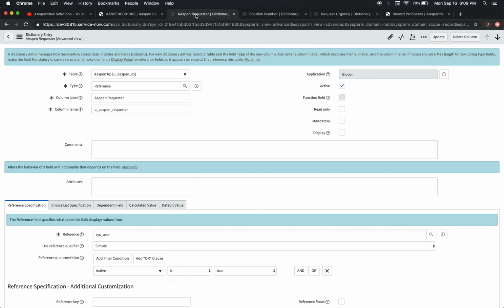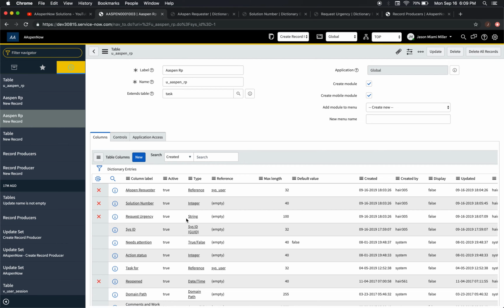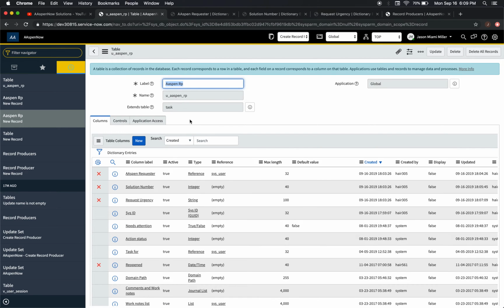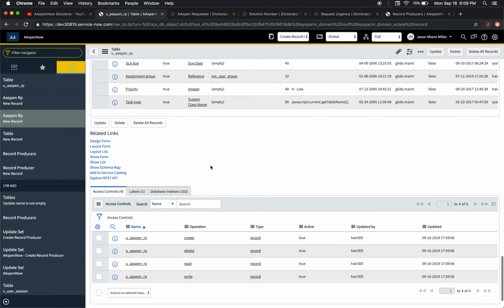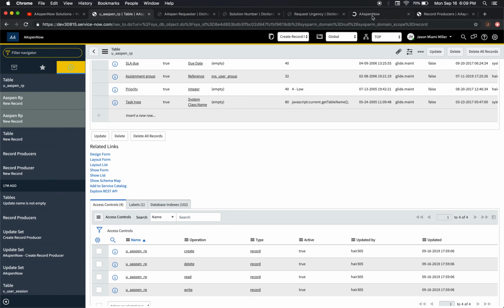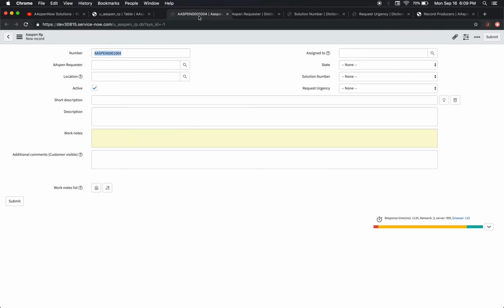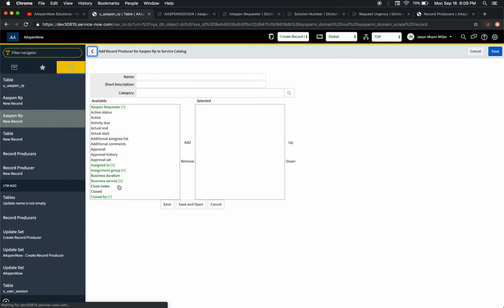So at this point, we're going to go back to the table. And now we're going to get to the main event. So now we're going to scroll down here and see this add to service catalog? We're going to click on that. And what I'm going to do is pull up that form again in another window and put it right next to there. I'll show you why, because when I click on add to service catalog,